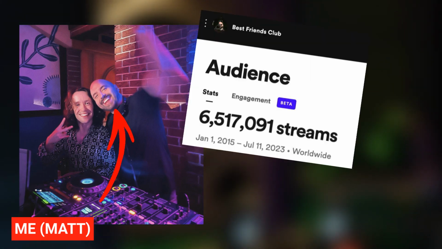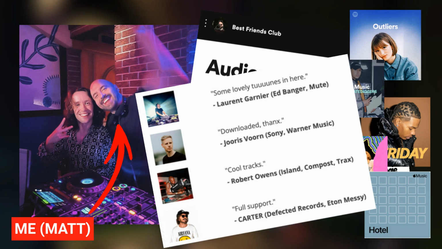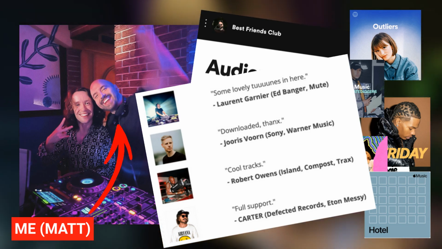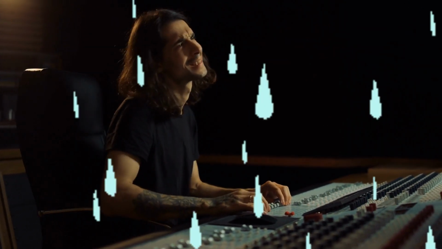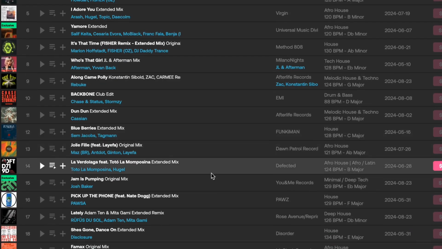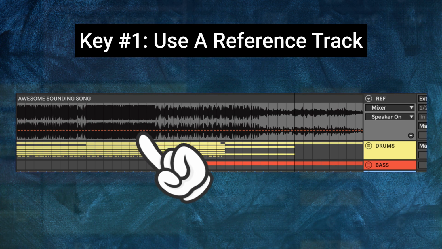Because having produced music for over 15 years, reverse engineering drums in this way is easily the fastest and most accurate way I've come across to move away from boring, repetitive, and mechanical drum loops and closer to what you hear in chart-topping tracks. The first secret is to drag the song you want your drums to sound like into